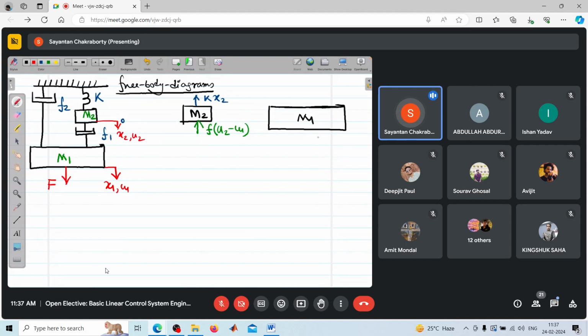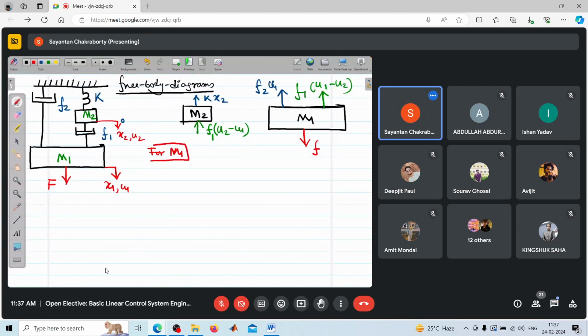The forces acting are F, and this force, that is F2 u1, and this force should be F1, I guess. F1 (u1 minus u2), right? So write down the corresponding equations